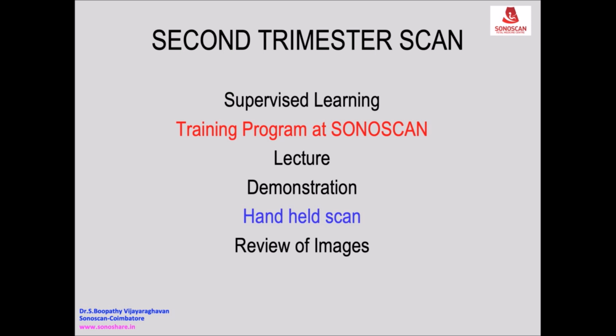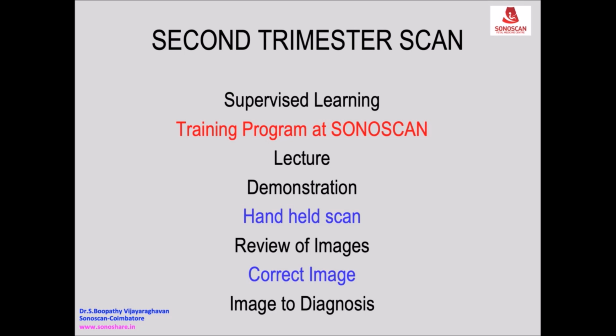And then the trainees take images which are reviewed at the end by the consultant, and the technique is corrected, and the faults are pointed out, and ways of correcting are described. And then the correct image is obtained by the trainee, and from there either by the pattern recognition or by the checklist, the lead point abnormal sign is recognized, and from there you progress to the diagnosis. So this was the structure of the course at Sonoscan.